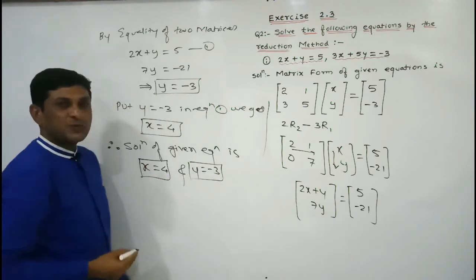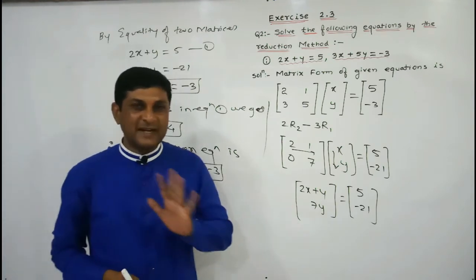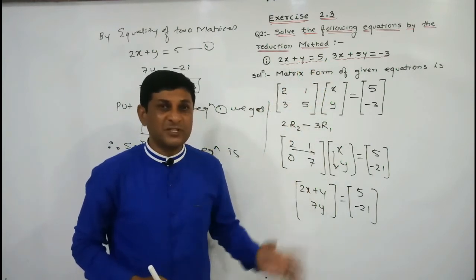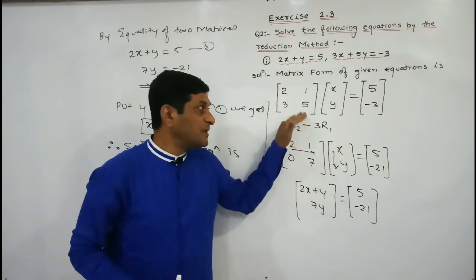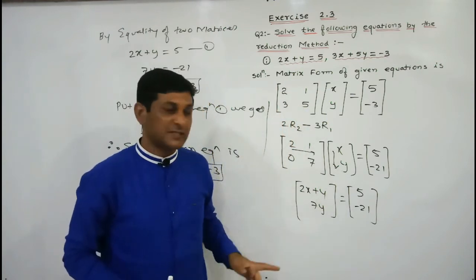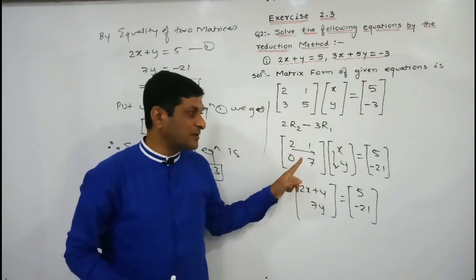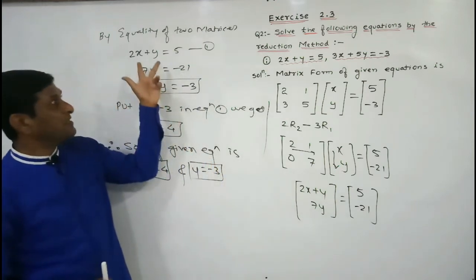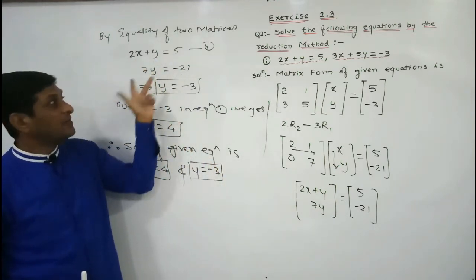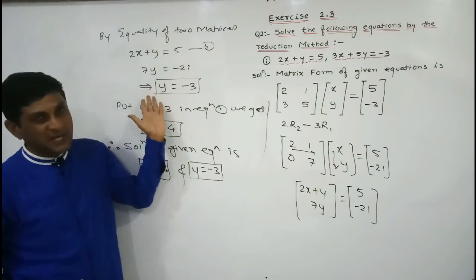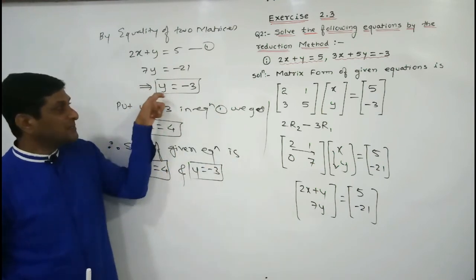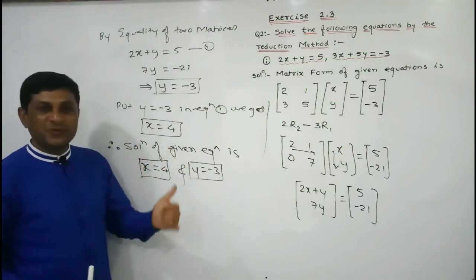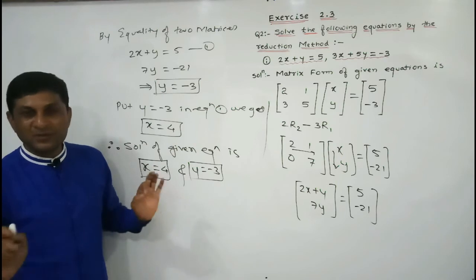So in this way we have solved the example applying the reduction method. Again, try to understand the method. First, write down the given equation in matrix form. Once the equations are written in matrix form, try to convert this matrix into an upper triangular matrix. After converting the matrix into upper triangular, take the multiplication of these two matrices, then apply the definition of equality. You will get two equations here. By solving the second equation, you will always get the value of one variable. Substitute that value in the first equation, and you will get the value of the second variable, and in this way we get our required solution of the equation.